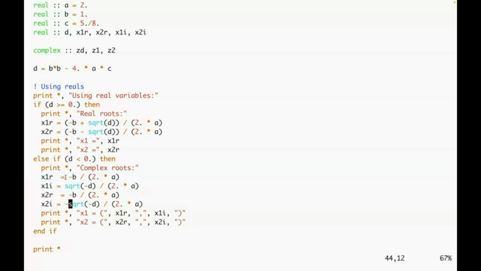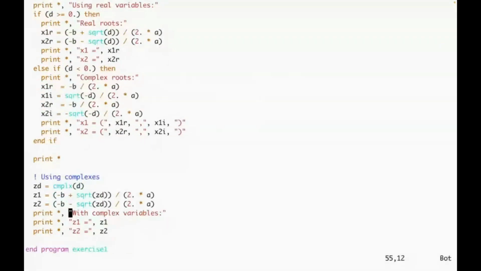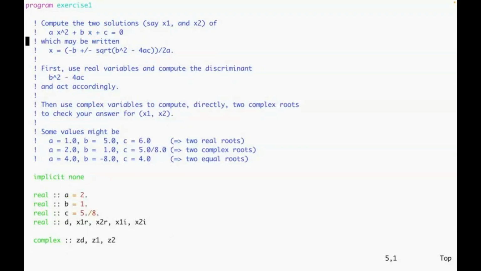And you can break that down like this. You say the real part is equal to minus b divided by 2a, and the imaginary part is the square root of minus d. This is okay because we know that d itself is negative, so this now is positive, divided by 2a. And then for the second root, we do the same thing, but we make the imaginary part negative, and then print that out. And that works perfectly well if you've been doing something similar. If you do things in complex numbers, complex variables the whole way, rather than sort of hacking a bit with real variables to do the same thing,